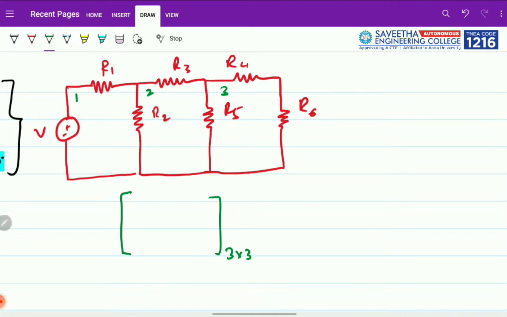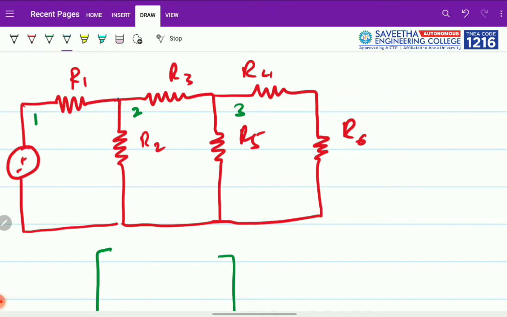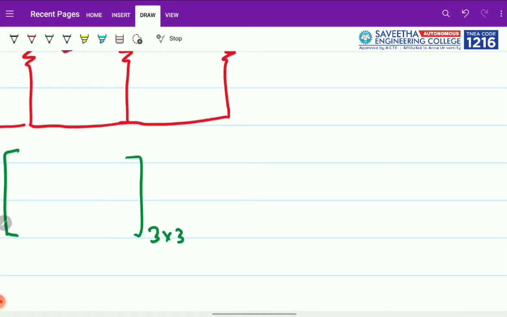Sometimes it is also easy to solve it by nodal analysis, because in nodal analysis we have only two nodes, A and B, and we will end up with a resistor or conductance matrix, that is a 1 by R matrix of 2 by 2. So there is a difference in solving a 2 by 2 matrix and a 3 by 3 matrix. Whichever you feel is easy, this 2 by 2 will be a very easy